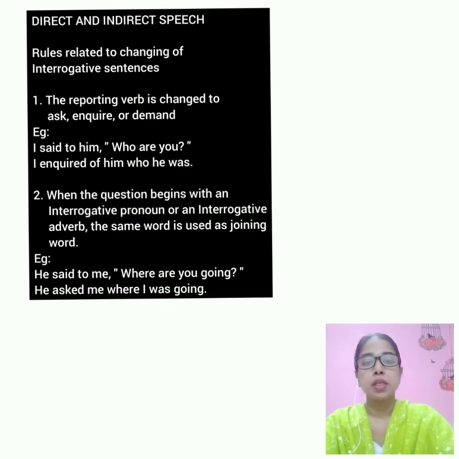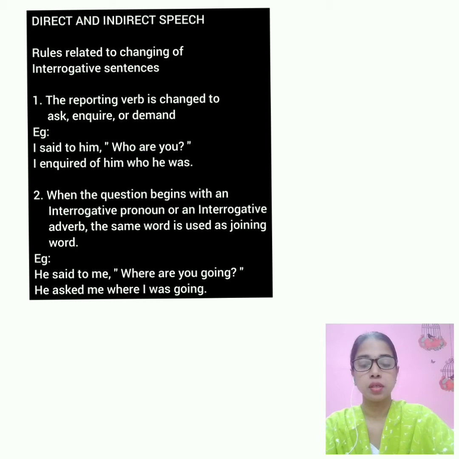Now the first rule is that the reporting verb is changed to ask, inquire or demand. So in the direct speech the reporting verb will be said, but when you change it into indirect speech you will be using the words ask, inquire or demand. Mostly ask is used. So remember children, the said in the direct speech is changed into asked or inquired in